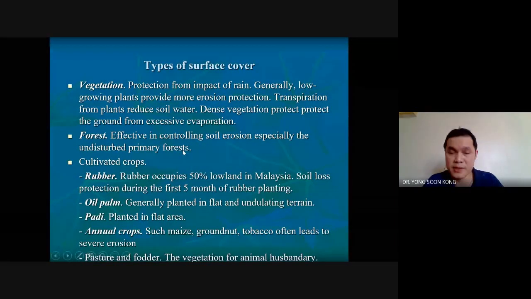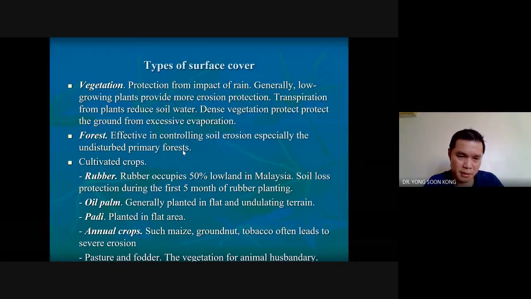what kind of surface cover you have. Is it forest or is it cultivated crop? Now there's a very big difference between forest and cultivated crop. There was a big debate last time when the environmentalists challenged the Malaysian government back then. They said if you replace virgin forest with oil palm plantation, how sure is the government that they can say that the erosion will never happen, and they're quite true on that one, because you know what, when